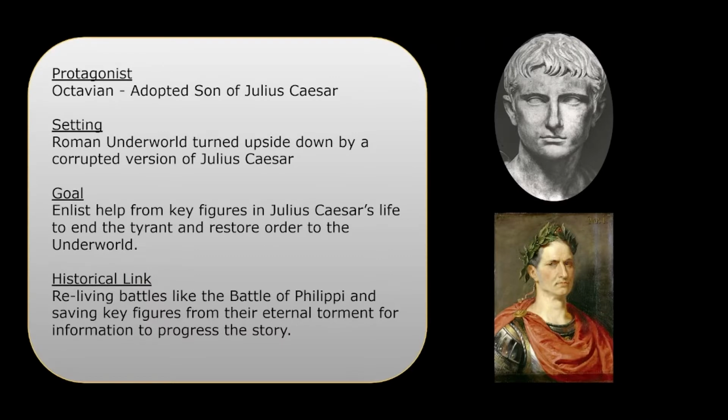The tyrannical version of Caesar's soul has seized control of the underworld. This evil is so powerful that there could only be one person competent enough to bring this perversion to an end: Octavian himself. This twisted version of the afterlife is a setting for the limbo that our protagonist, Octavian, finds himself in with one final task. This narrative is driven forward by Octavian or the player gathering key figures in Caesar's life like Brutus and working together to stop him.